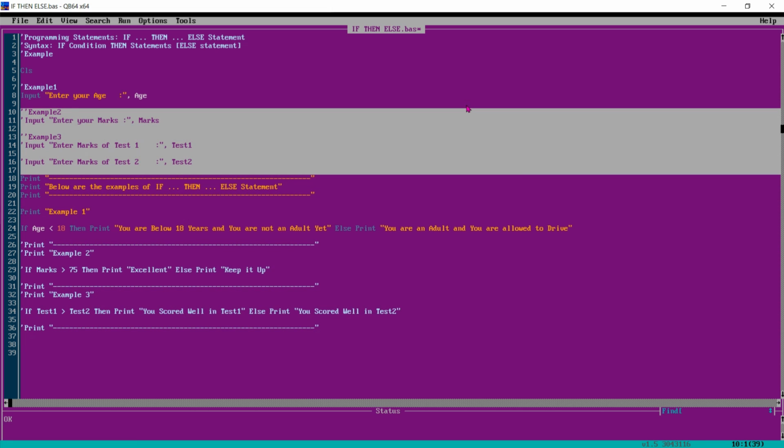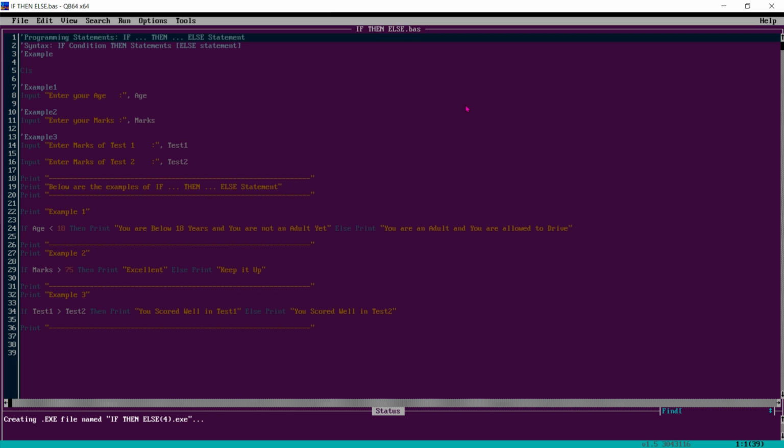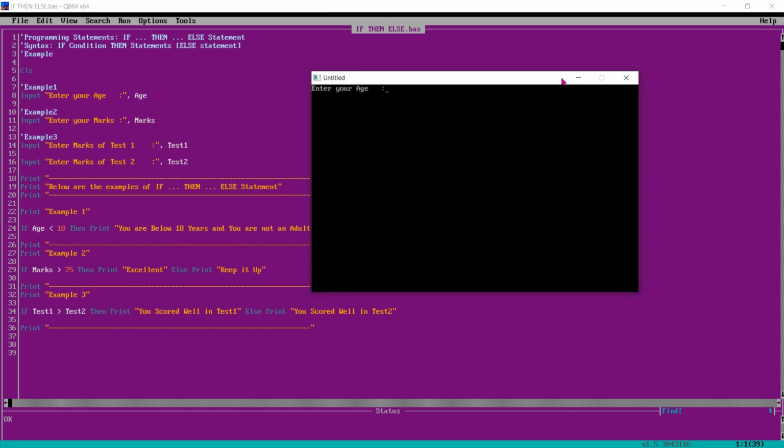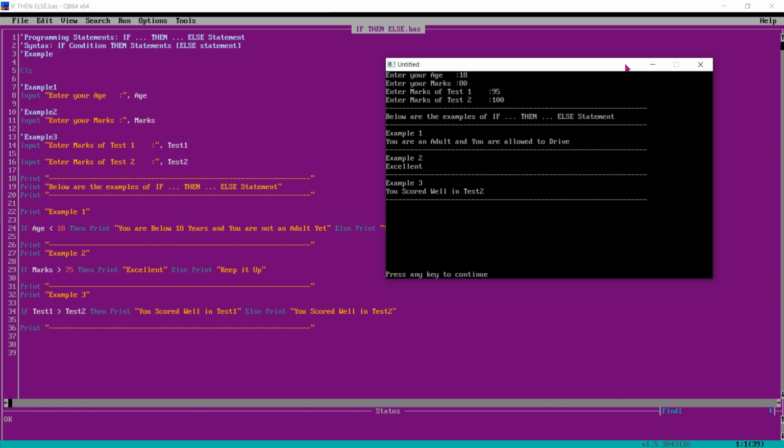And we can also execute all three examples together. Let's see. Enter your age. My age is 18. Enter your marks. I enter 80. Test 1 95 and test 2 100.